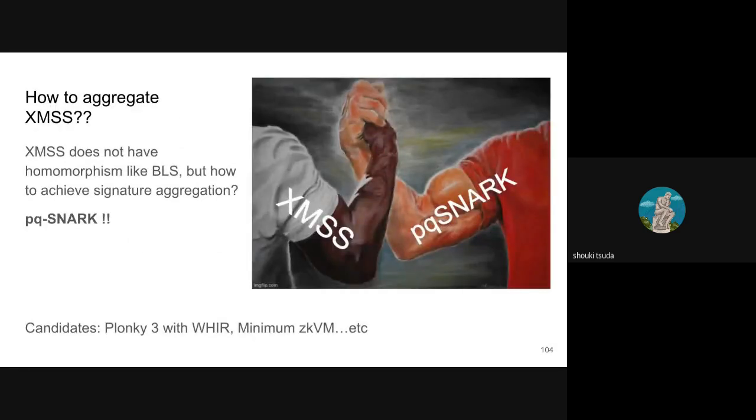But we have a zkSNARK. I think this is a good effect of programmable cryptography. So we can prove that this XMSS signature is verifiable.